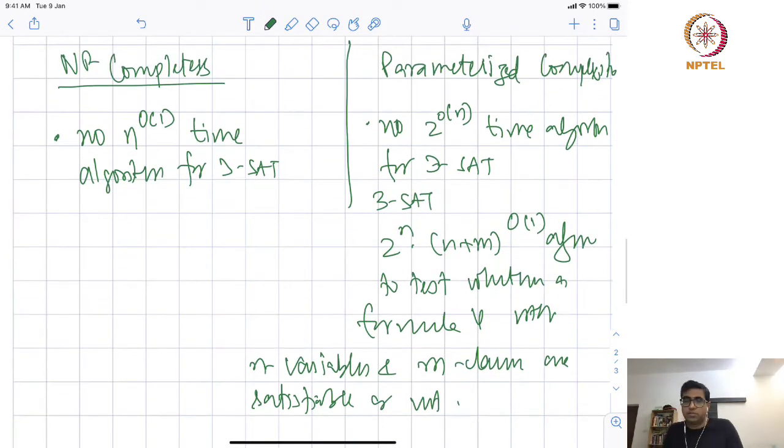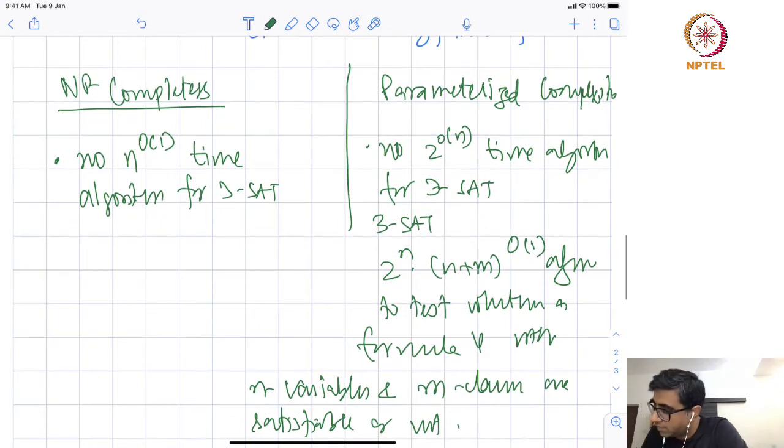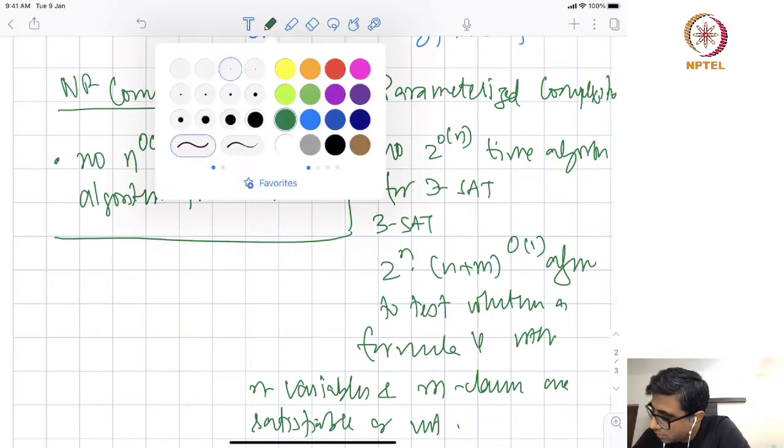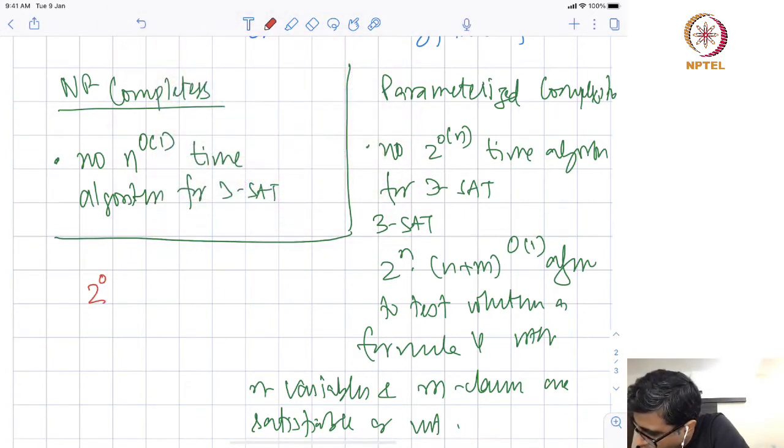Because you look at each variable, you try all Boolean assignments of 0, 1 and check whether the formula is satisfiable. There are 2 power n of them and you can check this. But what this hypothesis tells us is that for 3-SAT we do have such an algorithm. In fact, for 3-SAT you have a much faster algorithm than 2 power n in terms of the base of the exponent. But if you assume that you cannot have an algorithm with running time 2 to the power little o of n,